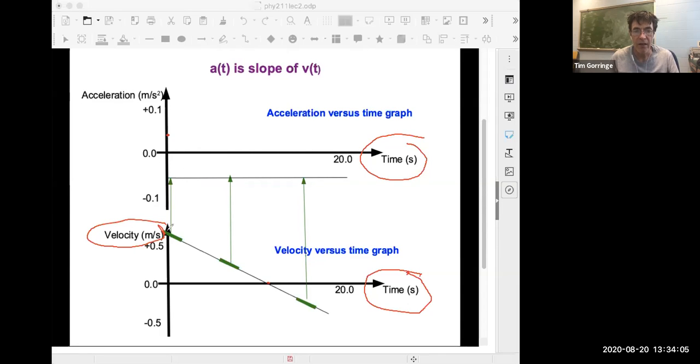The acceleration versus time graph is the slope of the velocity versus time graph. Here you see the velocity versus time graph is sloping downwards, so it's going in the negative direction, and it has some sort of intermediate magnitude. It's not really steep, it's not really shallow, and it corresponds to this acceleration here. If we look at a later time, we notice that it's no steeper, no shallower. It's the same steepness and it's still downwards, so it corresponds to the same acceleration here.